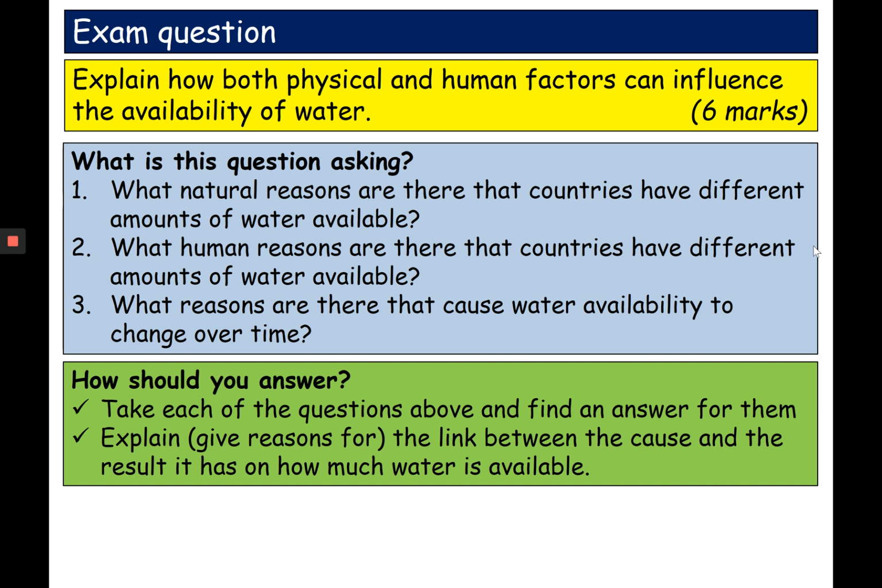And thirdly then, what reasons are there that cause water availability to change over time? So the stuff we've just been looking at about the use of water and how water use changes over time, we can talk about that in that section. So what you need to do is you need to take each of those 3 questions and find your answer. It might be worth jotting a little plan, bullet pointed plan down the left-hand side of your sheet. And the command word for this question says explain. So you need to give reasons for the link between that cause and the result it has on how much water there is available. So have a go, plan your answer first, write your answer, and then once you've finished,